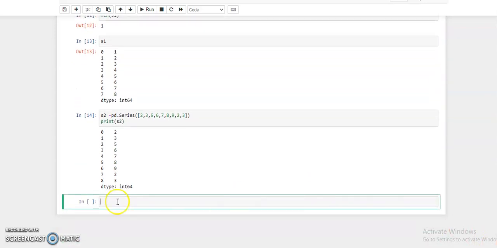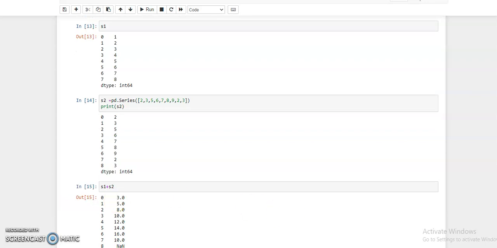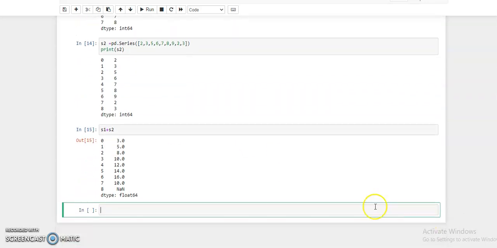Now we perform simple mathematical operations. Suppose first addition, so S1 plus S2, and then Shift plus Enter. You can see here the corresponding entries are added, and because S2 has one less value as compared to S1, you can see NaN at the last index, not a number.